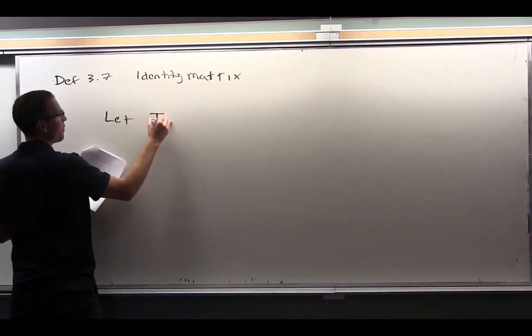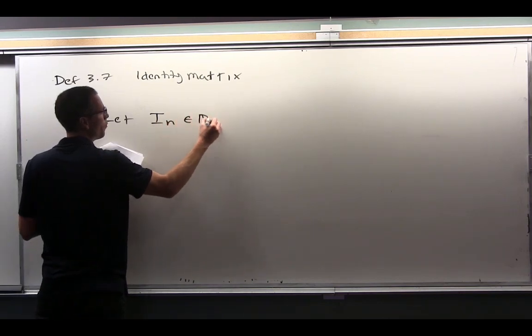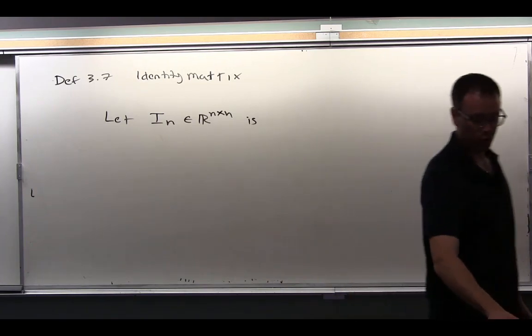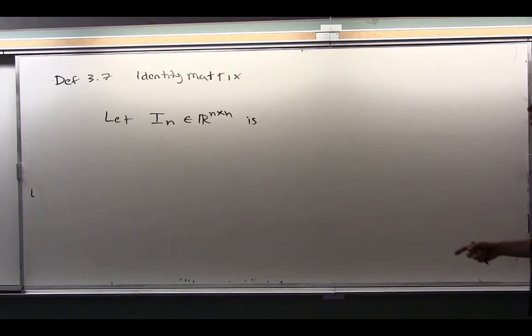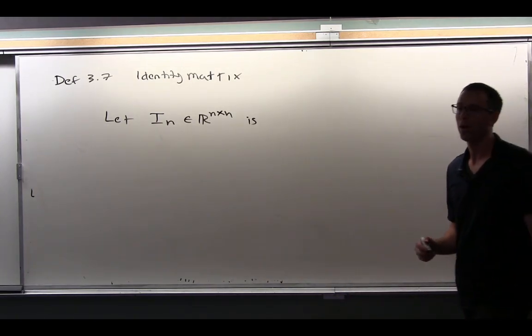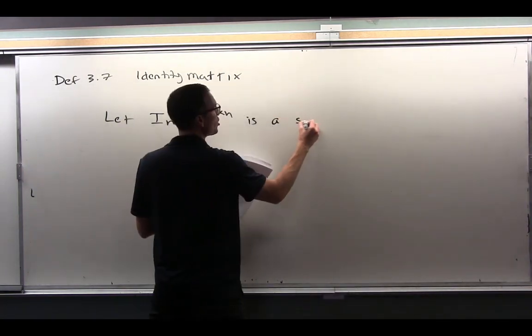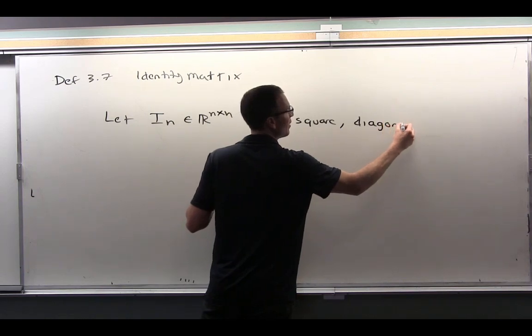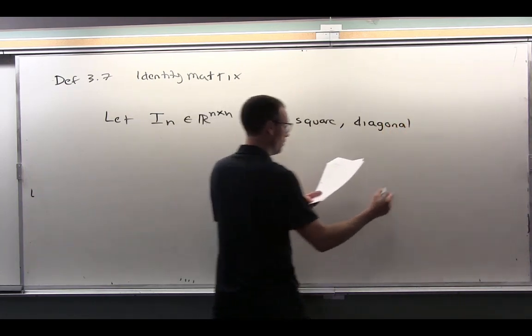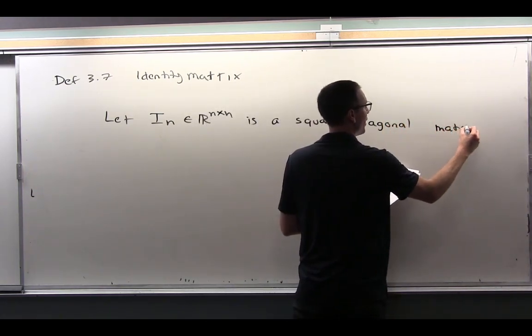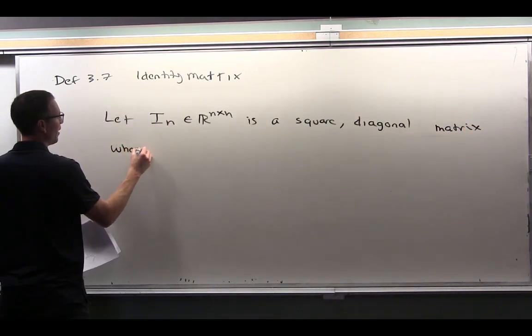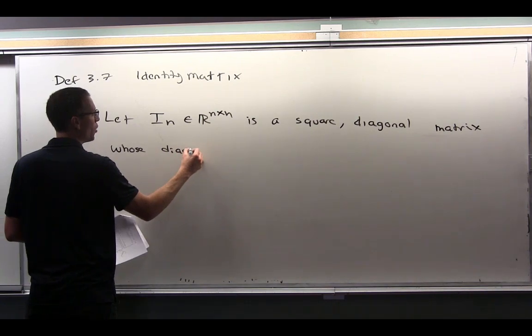So we actually give it a special name because it's such a beautiful thing. What do you notice about the structure of this thing? Is it more rows than columns, more columns than rows, or is it square? Not only is it square, but it's also a diagonal matrix whose diagonal entries